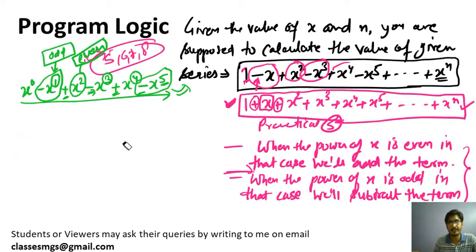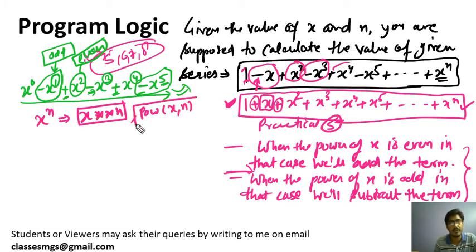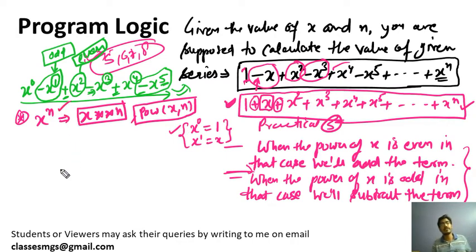Now let's see. Okay, now what we need to do, we need to build the logic. You know how to calculate the power. I am just revising. X double star n is basically used to calculate the power x^n, or you may use the power function pow(x, n) to calculate the power in Python. Okay, this is the basic step you should know. I have already told you what x raised to power 0 is. X raised to power 0 is 1, x raised to power 1 will always be x. These two things you should remember, otherwise it will be difficult for you.